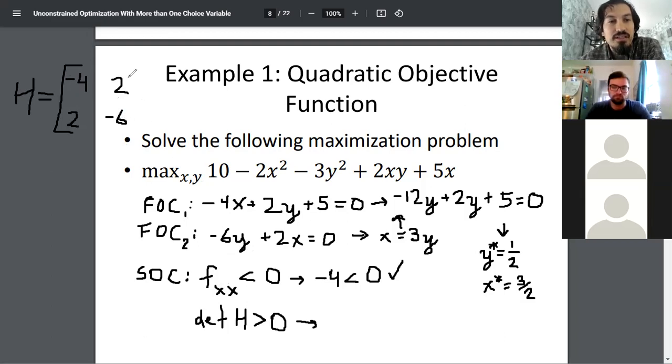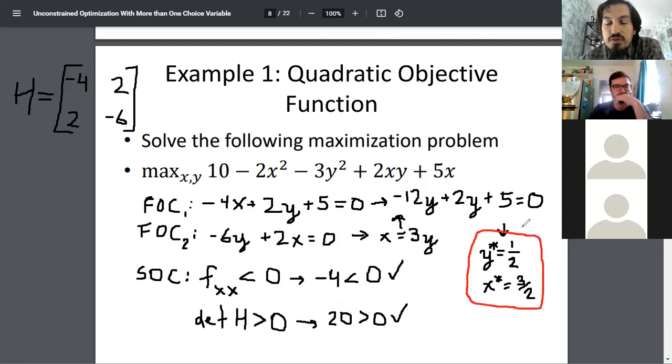So I want to just verify that the determinant of that matrix is positive. The determinant of that matrix is -4 times -6, which is positive 24, minus 2 times 2, which is 4, which is 20, right? 24 minus 4 is 20, which is positive, which earns another check, which means we have the answer. This collection of choice variables, x star and y star, is not just a potential solution, it is the solution, or at least,